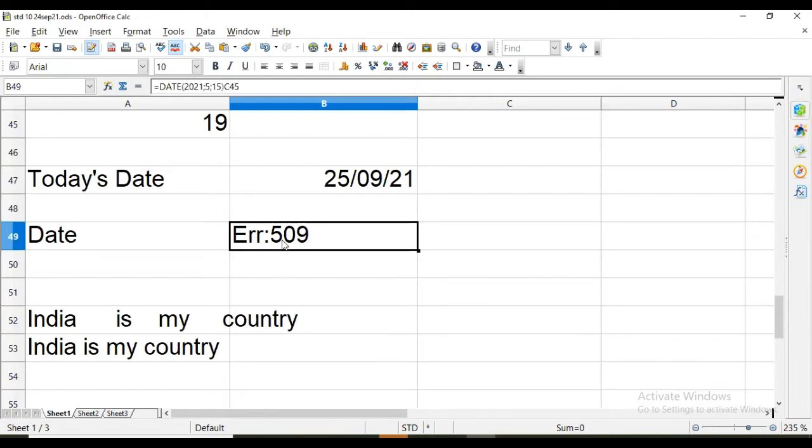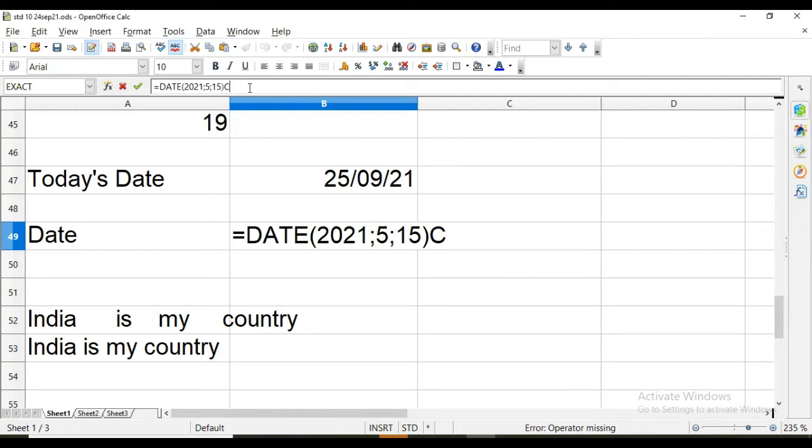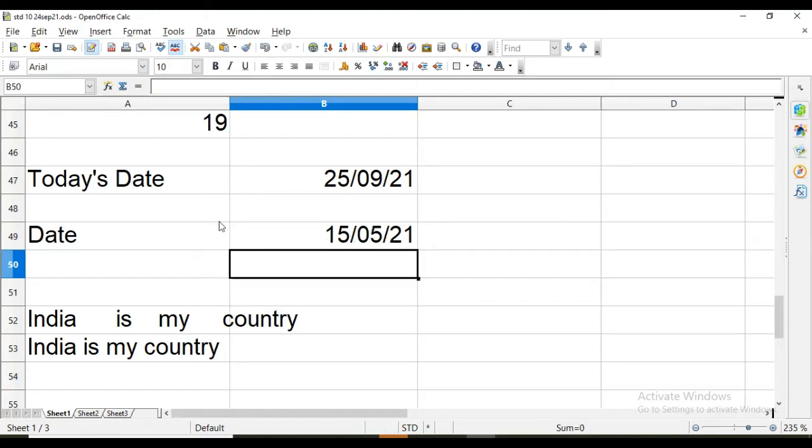Then the date format. This is the DATE function, where the first value is year, then month, and then date. So it will be read as 15th May 2021, and it will give that date in proper format.